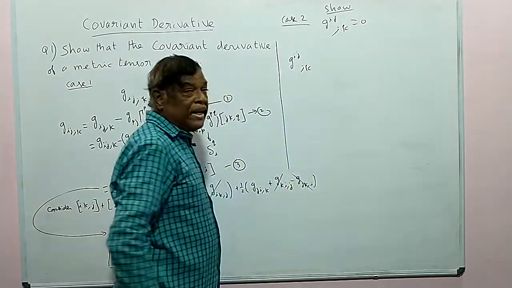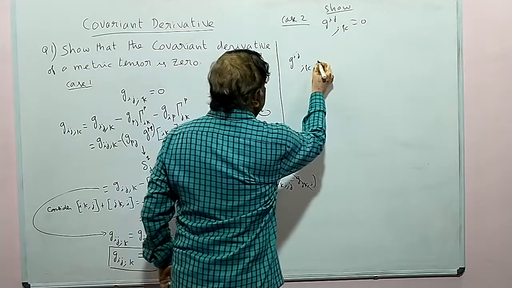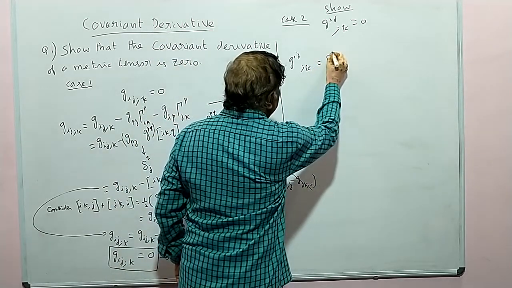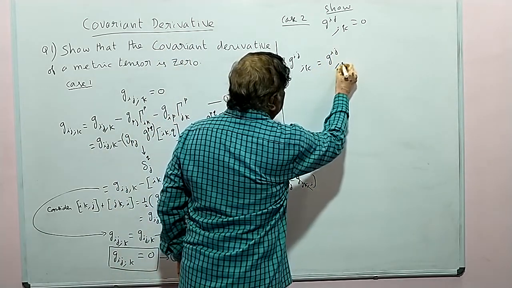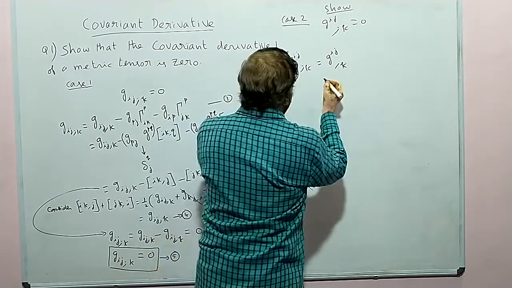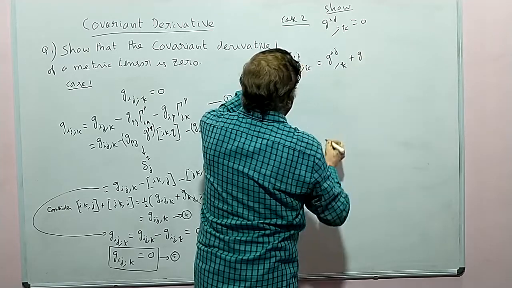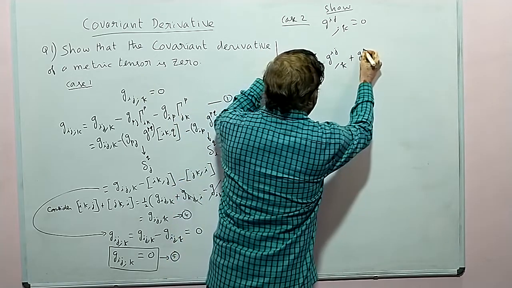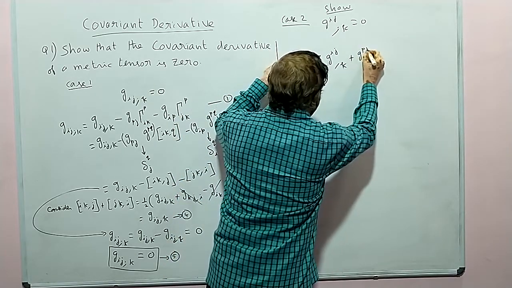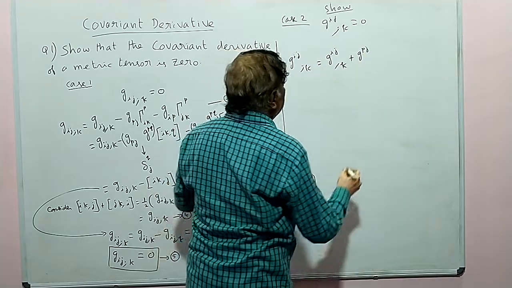If you find the covariant derivative of this one, this is equal to the first term, the normal derivative g^{ij},k, plus the second term, where the first index is replaced by a dummy index p: g^{pj},